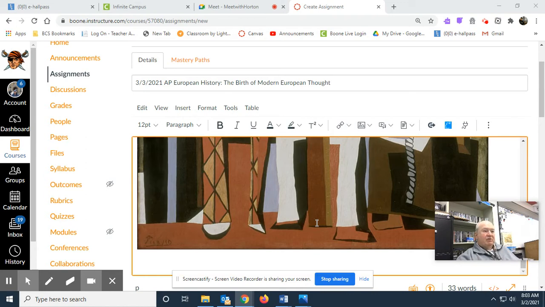However, there is an art component. Pardon me. There is an art component in the AP Euro exam, always, and it's just good to have a general grip. And one of the artists that they do pick on from time to time is Pablo Picasso and his painting Guernica.